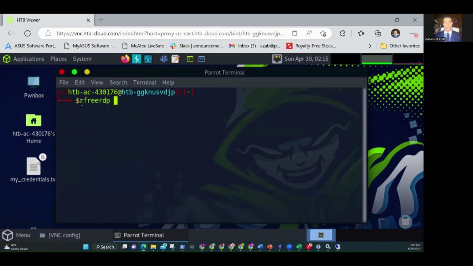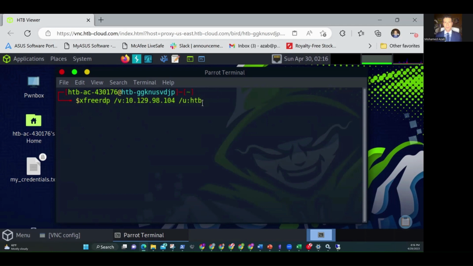And the IP address will be /v: then the IP address, in this case 10.129.89.104. Then the username of the remote machine, which we put as /u:, and the username in this case will be